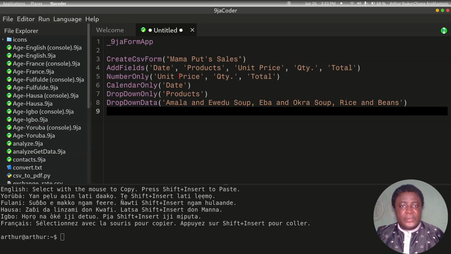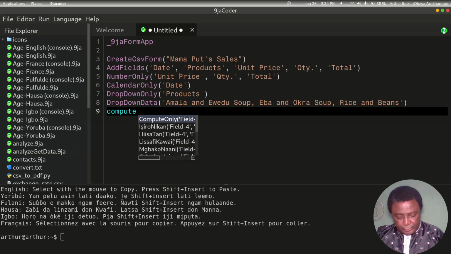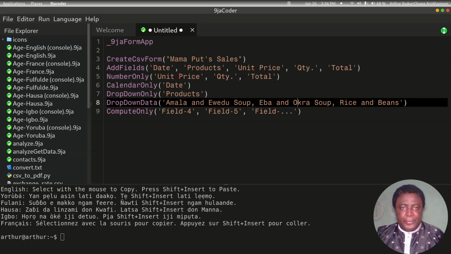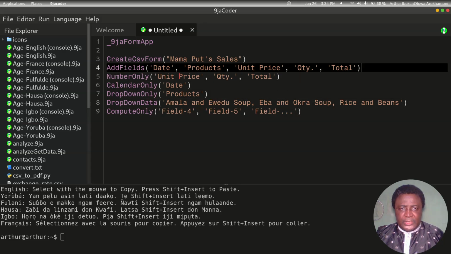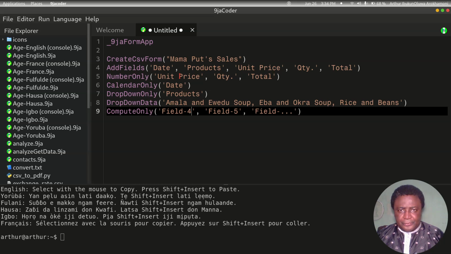And what more? Yeah. We want computed fields. What fields are we going to compute? Because we want the total to be automatic. So we want to compute